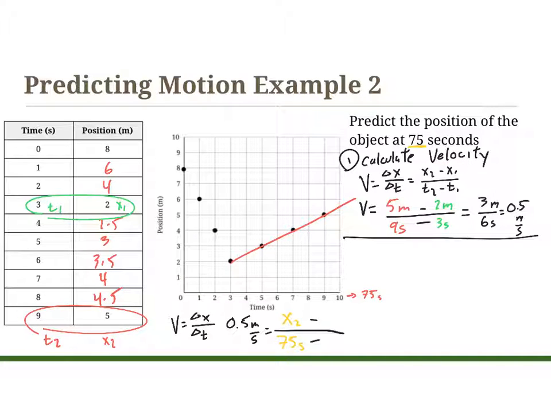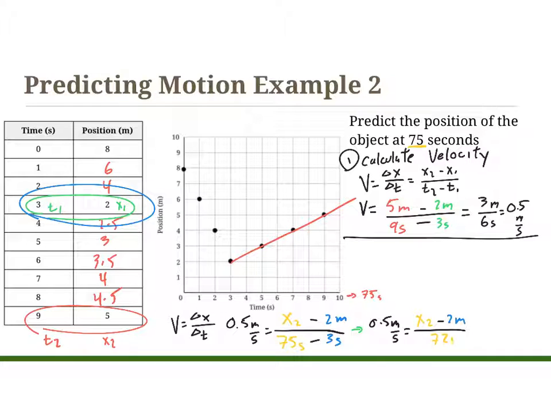Now I'm going to pick another point on the line, and I'm going to pick this one again, in large part because it's the beginning of this portion of the line. So that's going to be my x1, which is 2 meters, and my t1, which is 3 seconds. So now I'm going to simplify what I have. I'm going to move this over here, and I'm going to say that 0.5 meters per second will equal x2 minus 2 meters over 75 minus 3, which would be